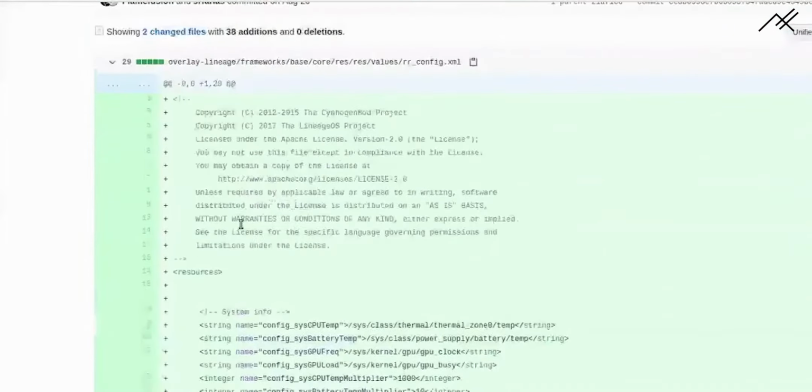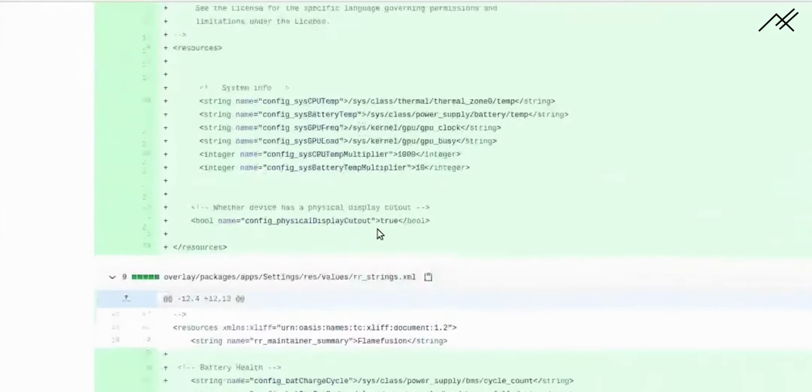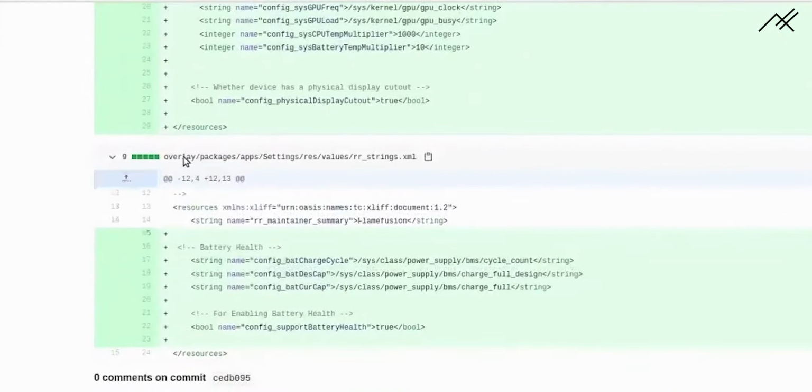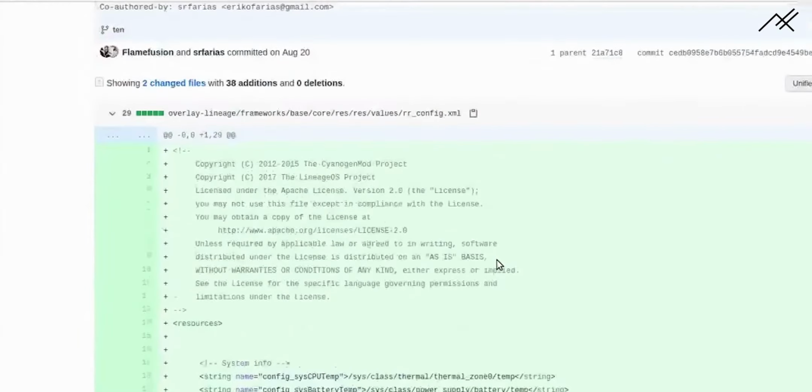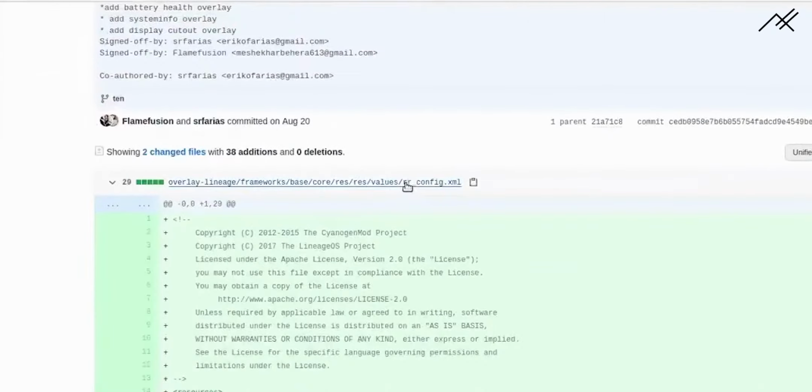Whatever is shown in green means it is added. They have added the overlay lineage here, and inside this they have an overlay package with this string added. Here they have the RR config XML file.